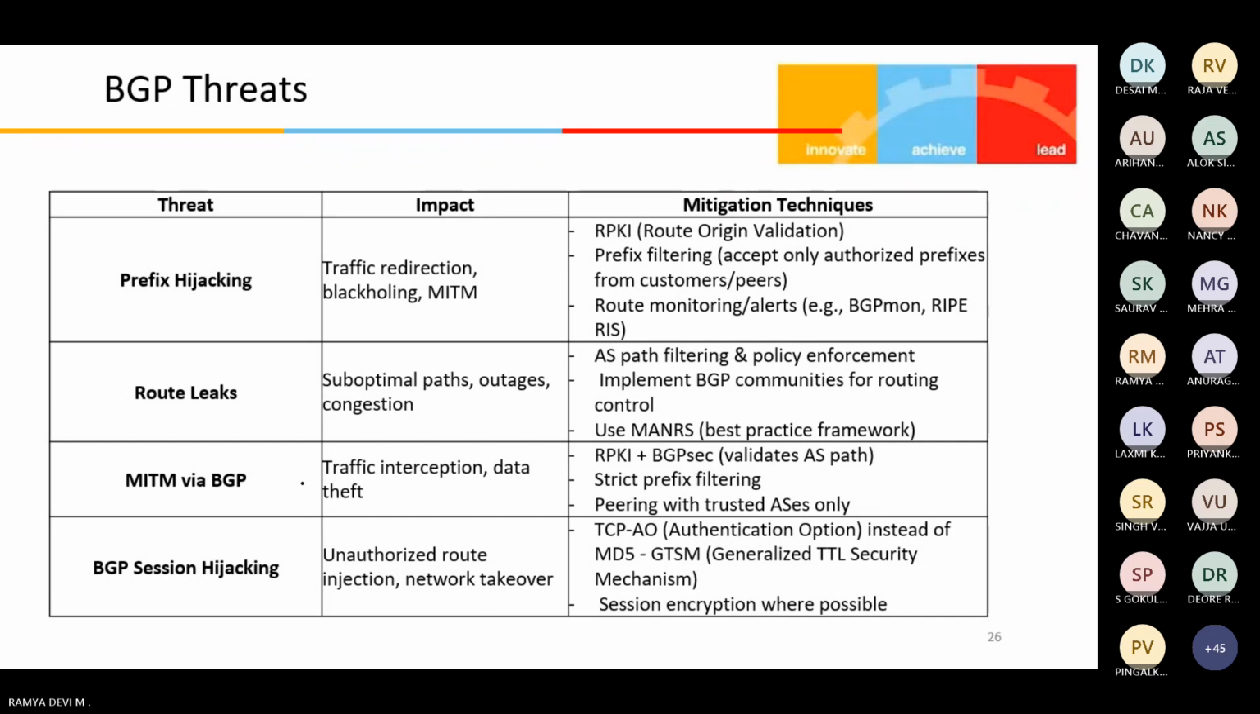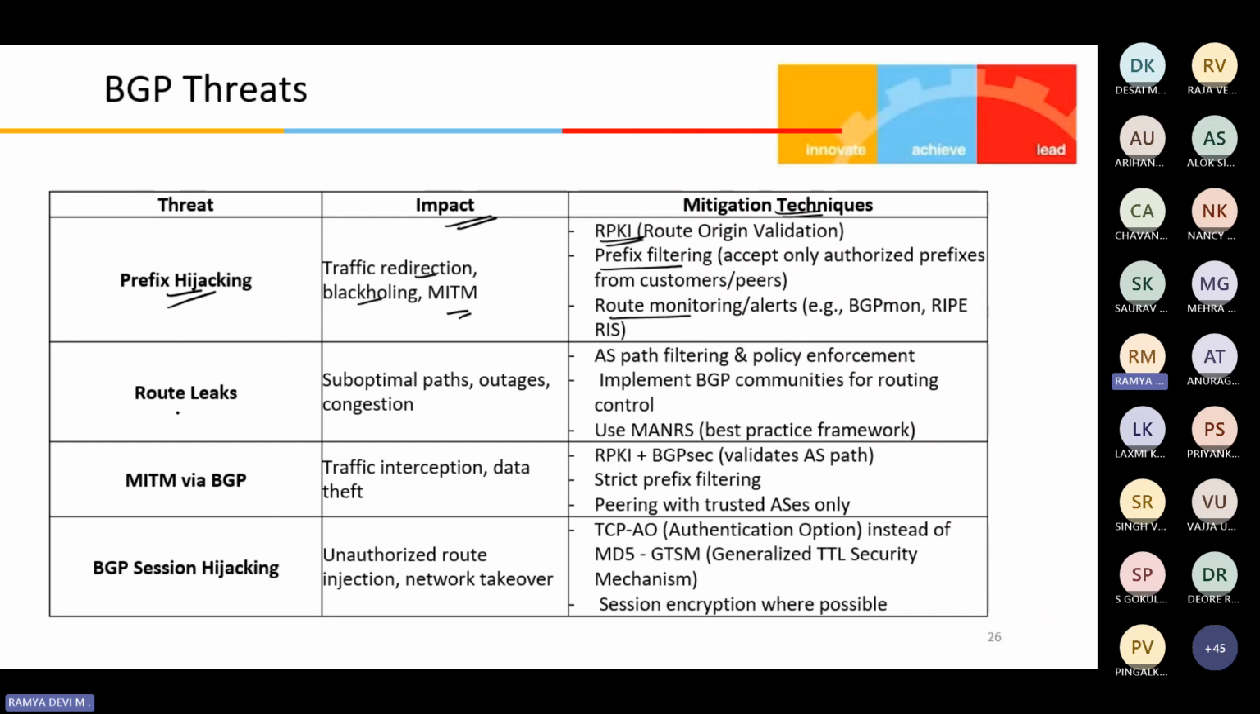some of the examples. The first threat is prefix hijacking. What is the impact? The traffic will be redirected, or else the packets will be dropped. That is, it makes a black hole. Man in the middle attack can happen. So how can it be rectified? With the help of RPKI, prefix filtering, route monitoring or